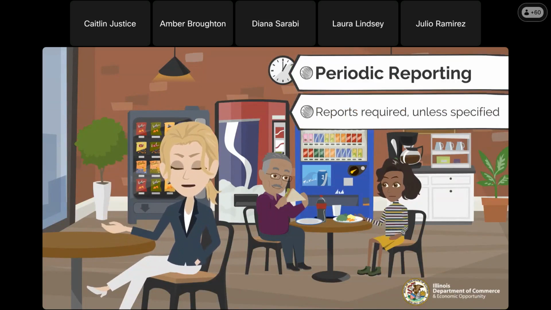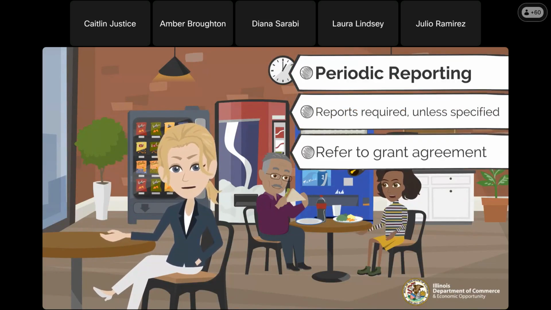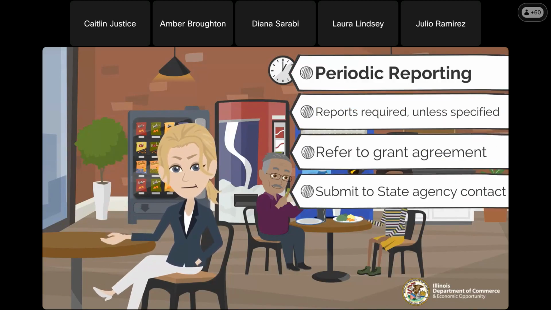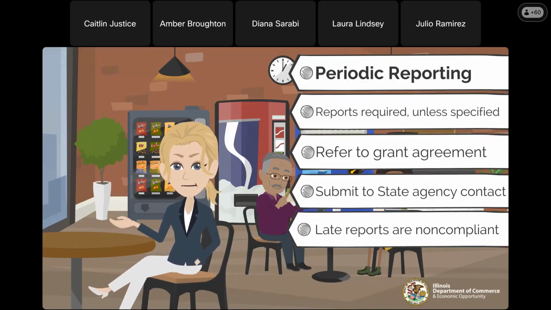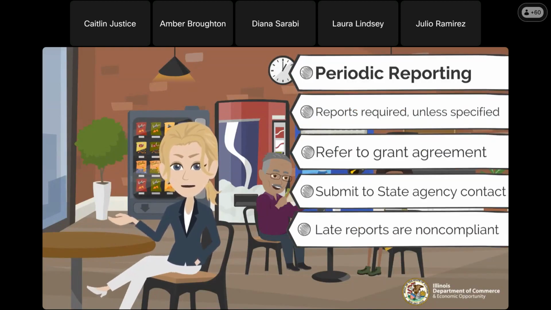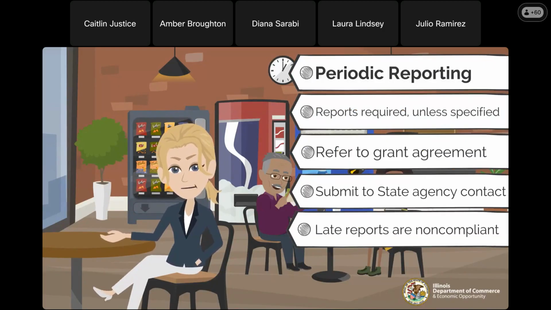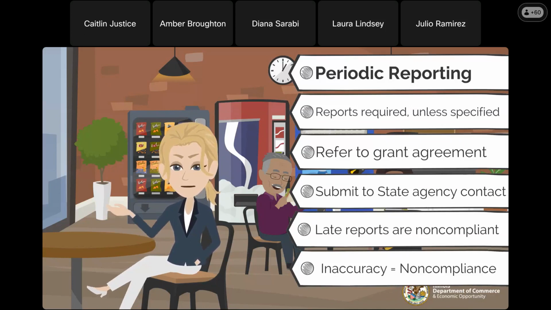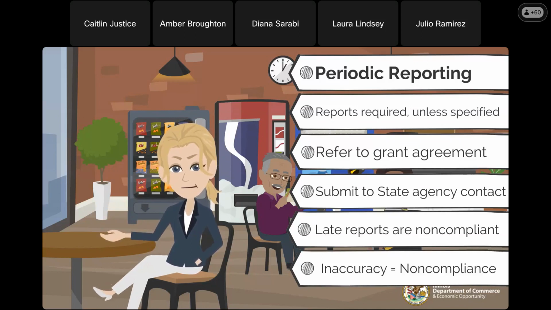Information about reporting requirements is available in the grant agreement and should be reviewed thoroughly. All reports should be submitted to the agency contact listed in the grant agreement by the specified deadline to avoid noncompliance. Remember that noncompliance can escalate and result in the pausing of grant funds, the inability to apply for grant programs or execute or modify future grant agreements, and could even lead to the return of grant funds to the funding agency. Beyond missing deadlines, inaccurate or misleading reporting is also grounds for noncompliance, as this is a deliberate misrepresentation